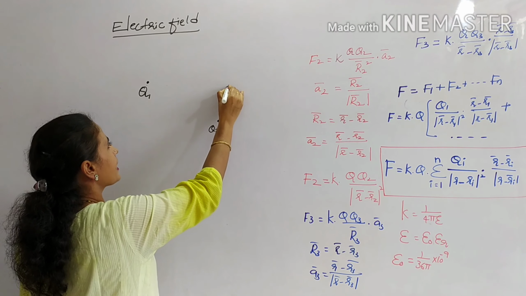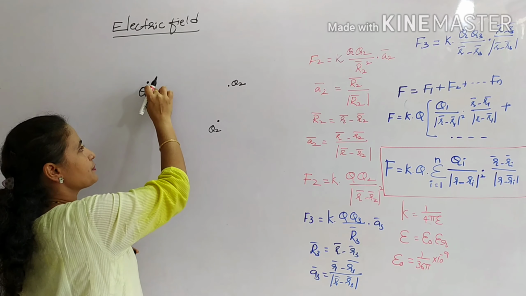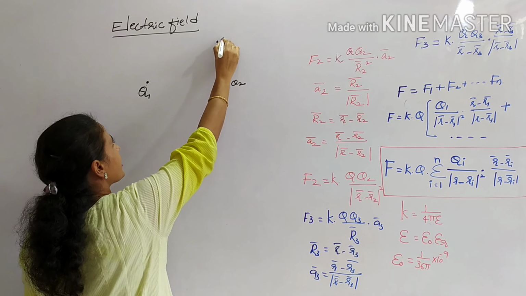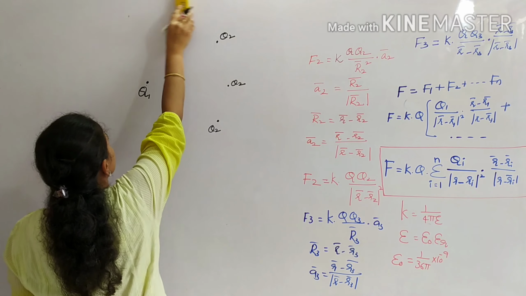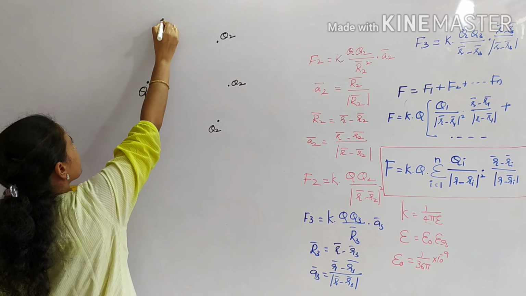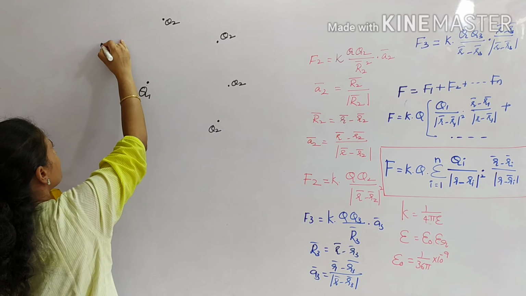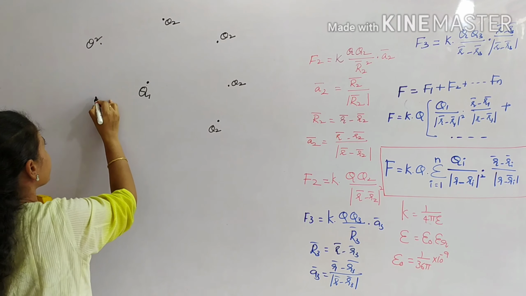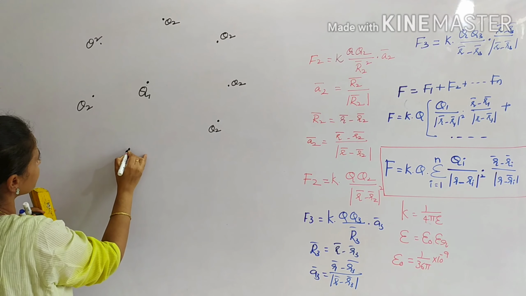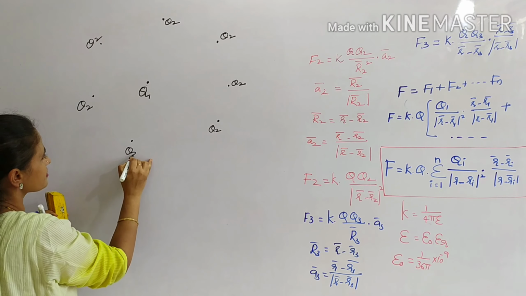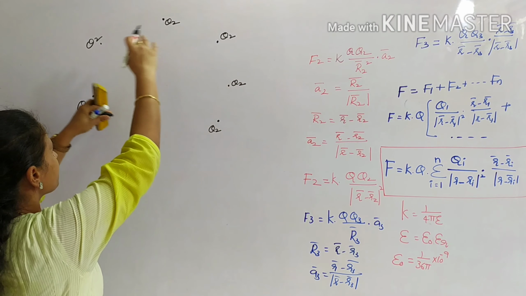So I moved here, right? Here Q2 again experiences some force. I moved here, again it experiences some force. Again I moved here, so again it experiences some force. Moved here, it experiences some force. It has been moved here, it is again experiencing some force. It shows some boundary, right?